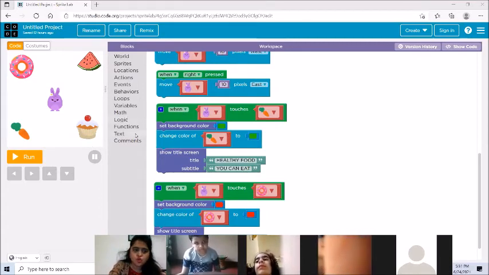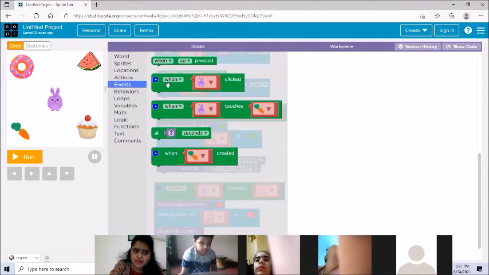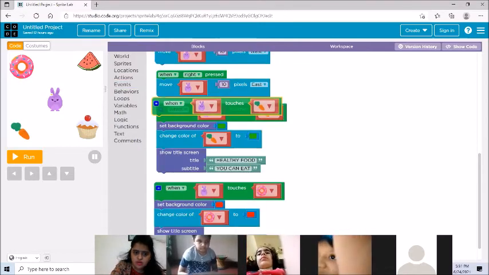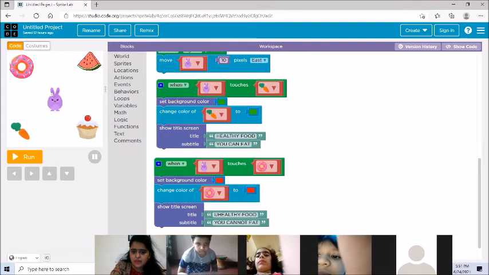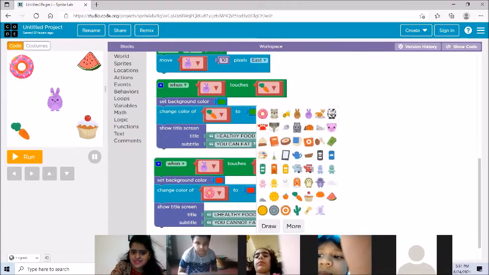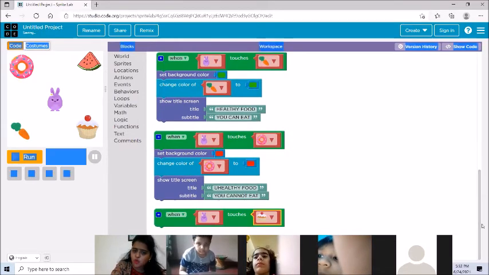Now we'll make the code for this cupcake. Okay, again go on event. We'll take this third block. So now we are coding for the cupcake. So when bunny touches, from here we'll select the cupcake. Okay, the same code I am doing for all 4 food items.